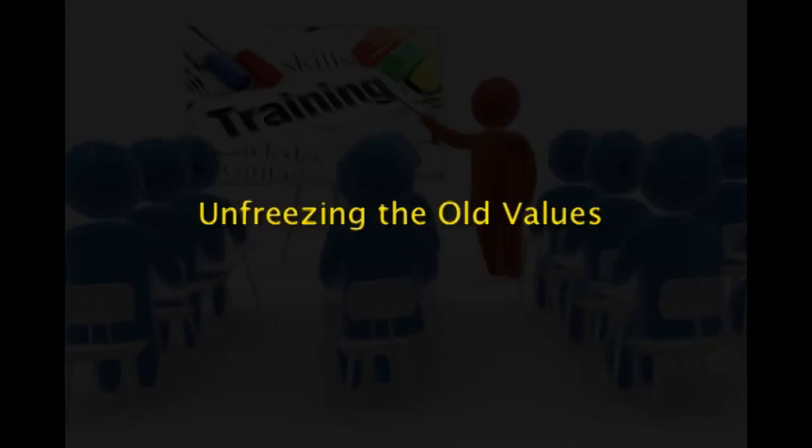Unfreezing the old values. It requires the trainees to become aware of the inadequacy of the old values. The first step consists of a small procedure. An unstructured group of 10 to 15 people is formed. Later, the unstructured group without any objective looks to the trainer for guidance, but the trainer refuses to provide guidance and assume leadership. Soon the trainees are motivated to resolve the uncertainty.